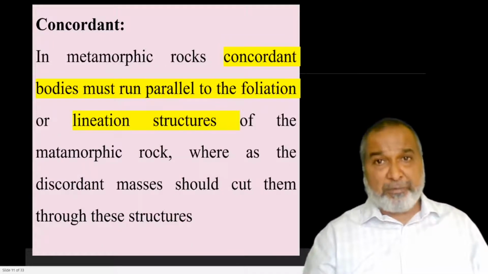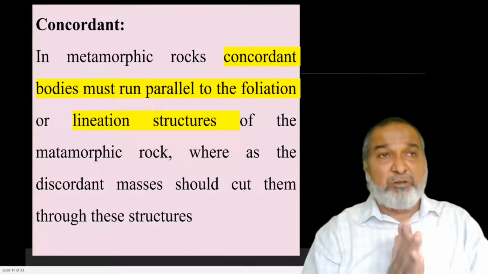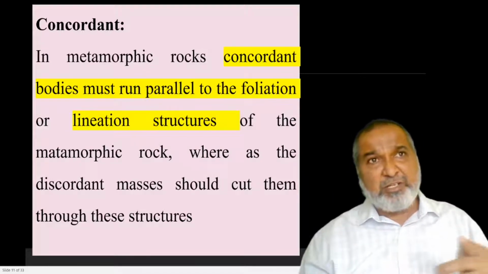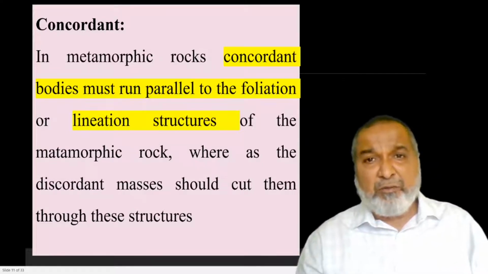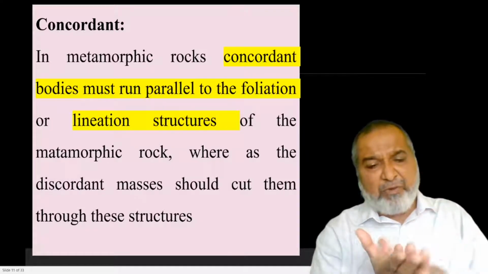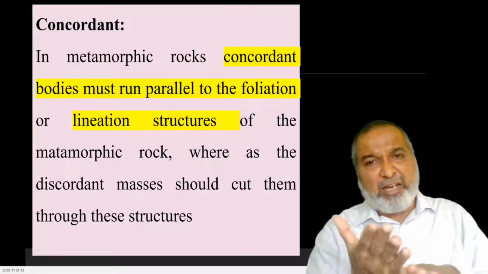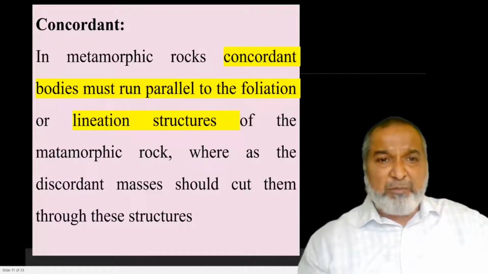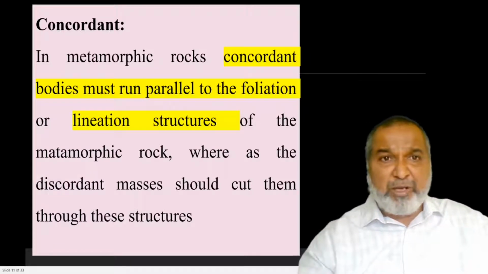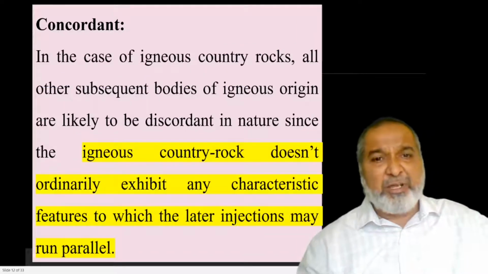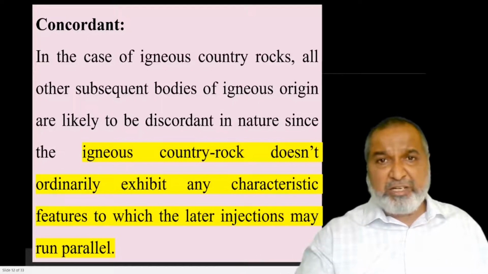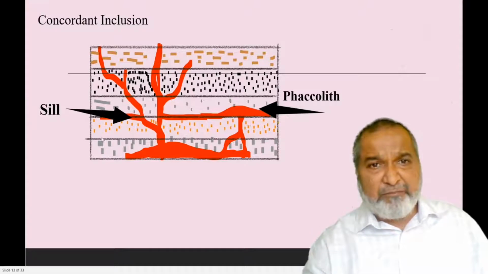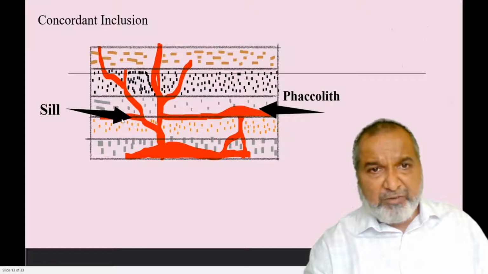In metamorphic rocks, concordant bodies will run parallel to the foliation. That is, the needle minerals are arranged parallel to one another, and the foliation is made out along them, or there will be leaves or biotite flakes attached. Along that, the intrusion will run parallel to this, and that is what we call the concordant one. The nature remains the same: the injection cannot go upward, but goes parallel, injected horizontally. You can see the same diagram. These are the dikes which we have seen, and here we have the horizontal one.